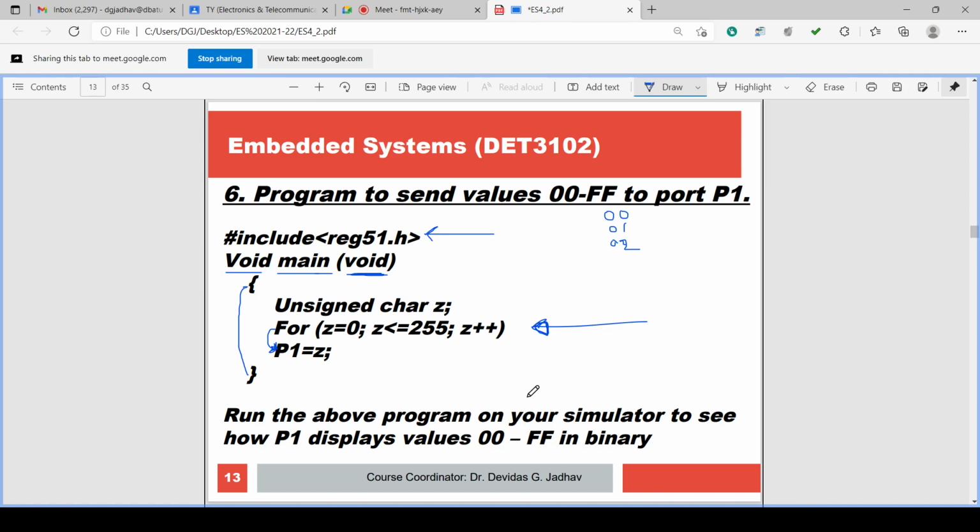Here the for loop is executing 256 times, 0 to 255. So the instruction P1 = Z also executes 256 times along with the for loop.